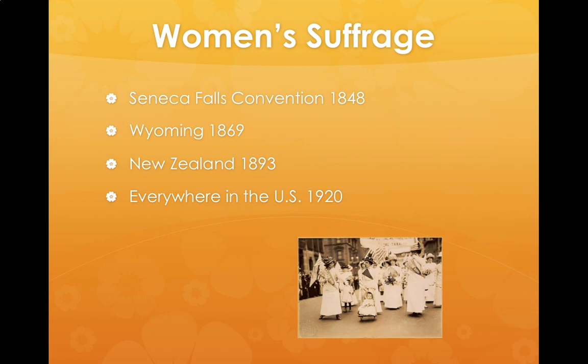And so this movement for women's equality really began at Seneca Falls in the United States in 1848, but it still takes a very long time. It's not until the 1920s when women's suffrage actually comes to be, 72 years later after the Seneca Falls Convention. Now, since the states could determine their own voting requirements, some states like Wyoming did allow women to vote earlier. Wyoming was the first, and that's actually one of the things they take pride in in their state, that they allowed women voters in 1869.